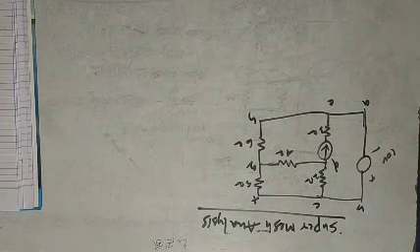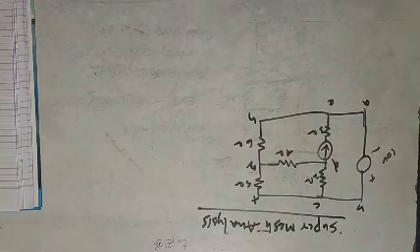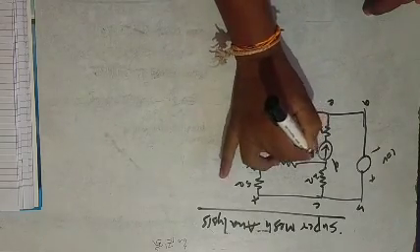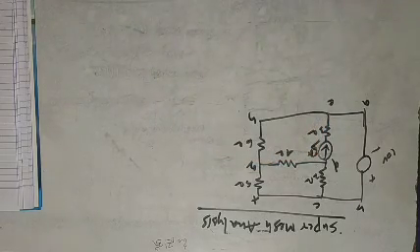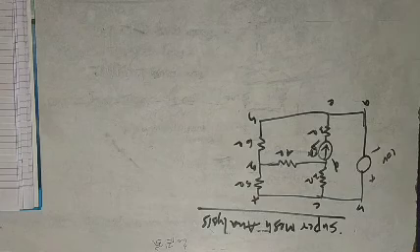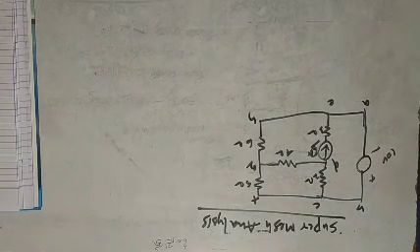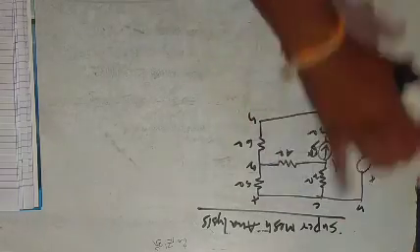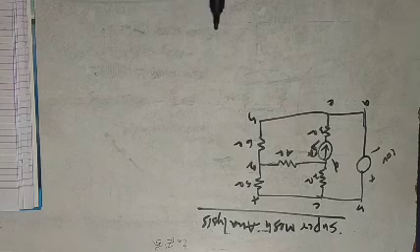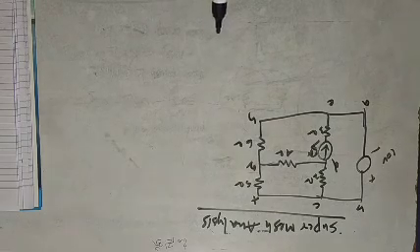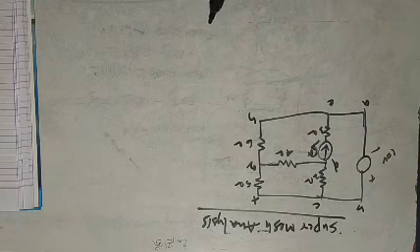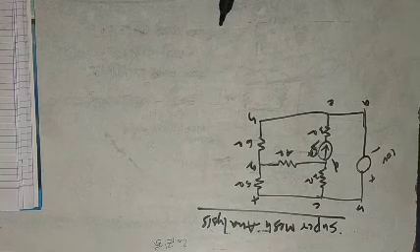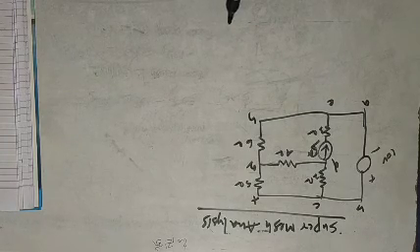See, in this circuit, there is an independent current source, 5 ampere. The source is 5 ampere. Whenever there is a current source in the perimeter, we can directly neglect it in the circuit. If it is inside the circuit, then a different analysis has to be made. We'll solve that.